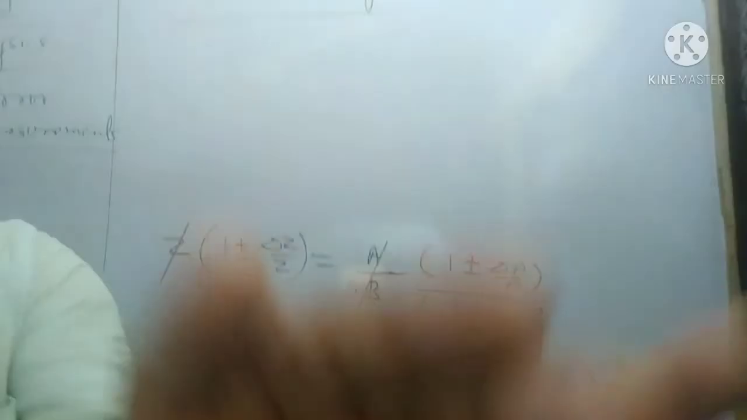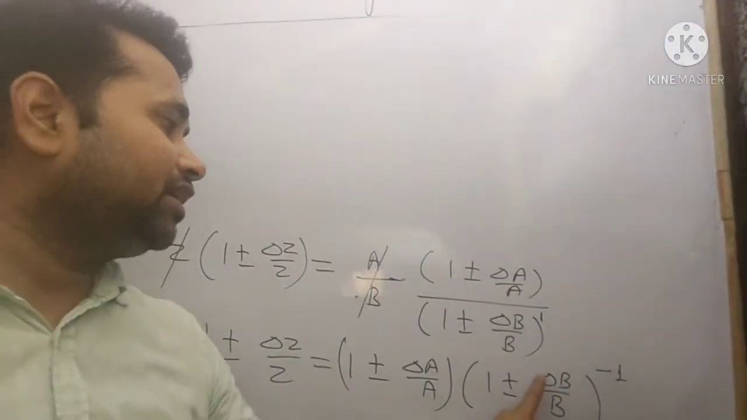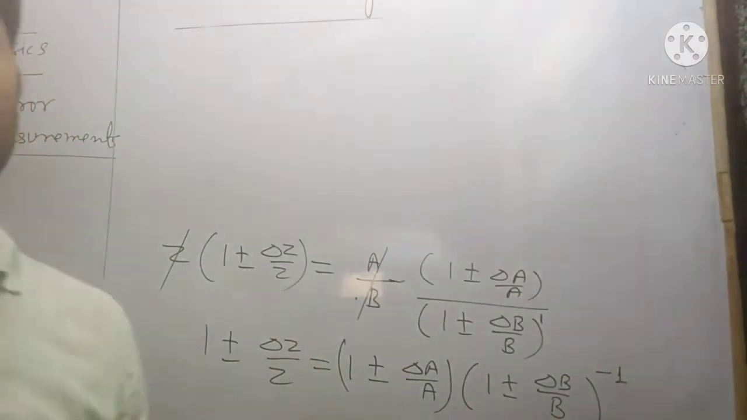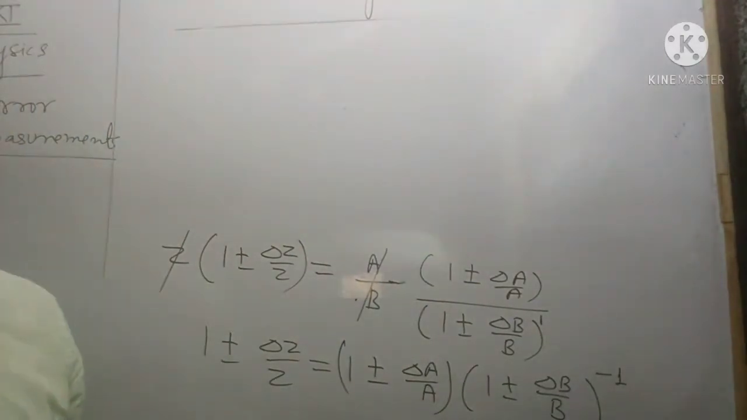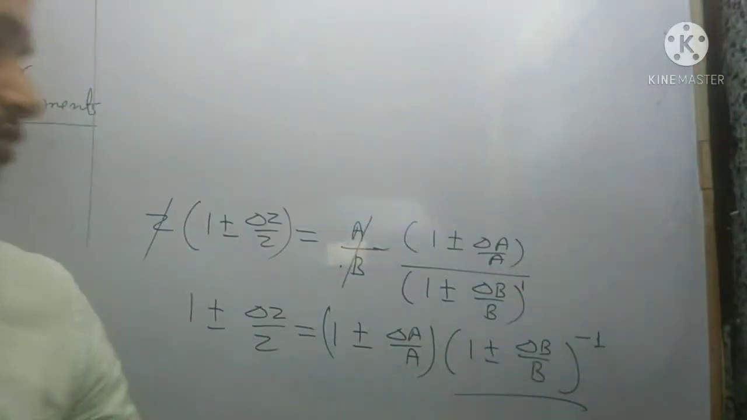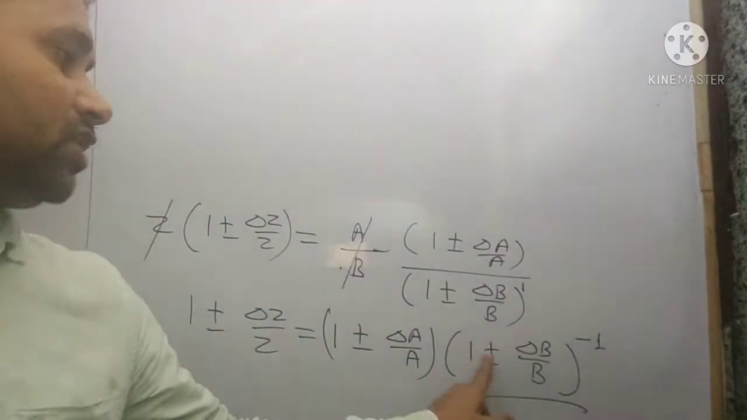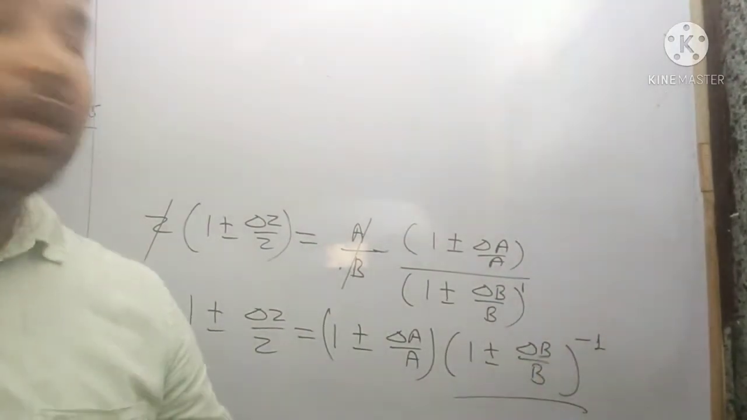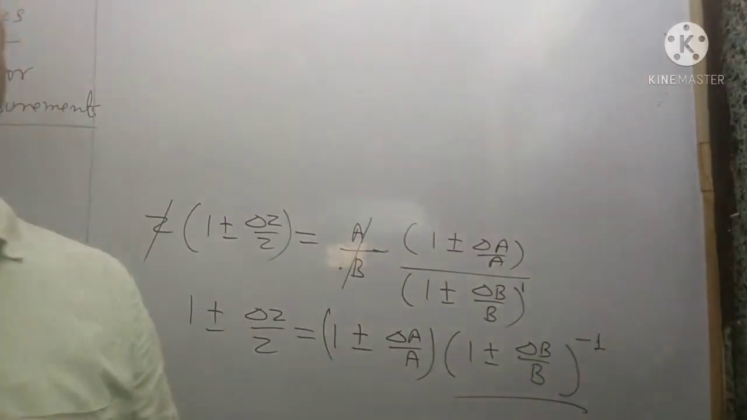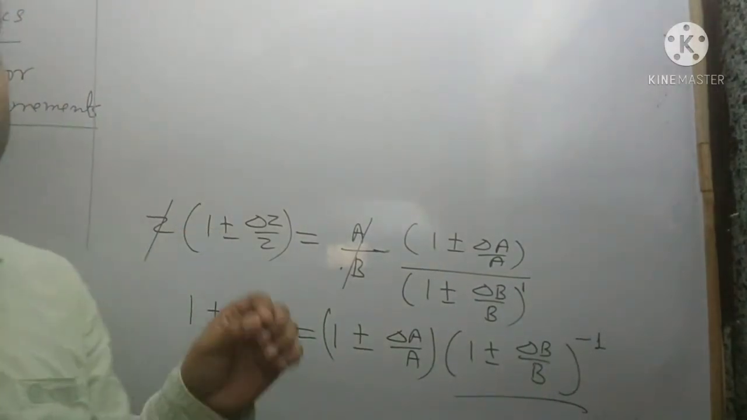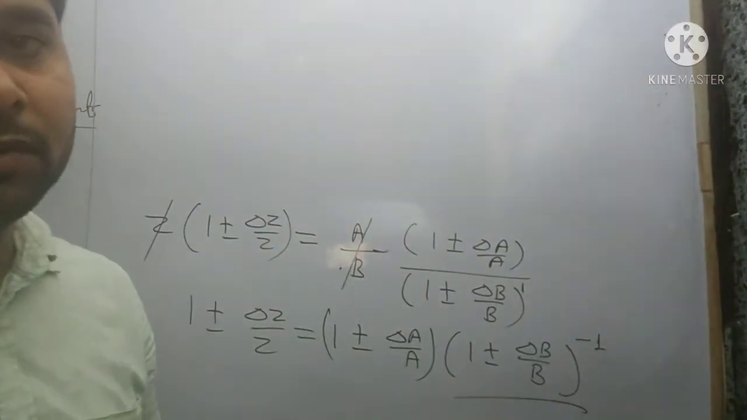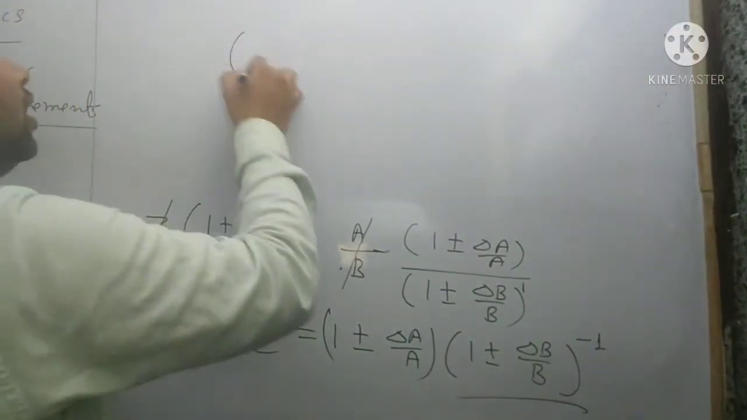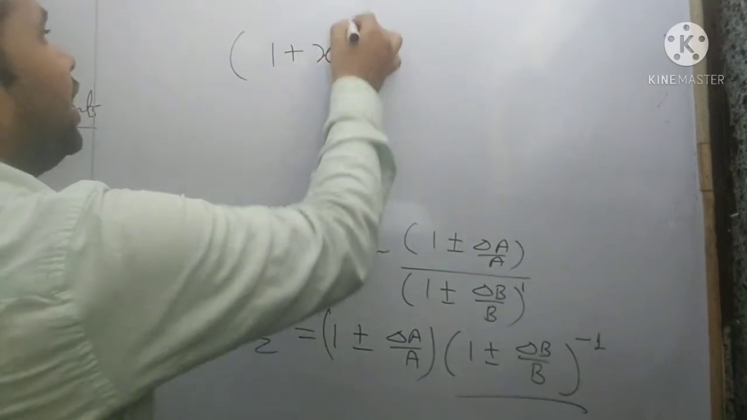Now see here, 1 plus minus delta b by b to the power minus 1. For solving this last expression, we can solve this last part by using the binomial theorem. There is a theorem in mathematics, the binomial theorem, which says that (1 plus x) to the power n equals